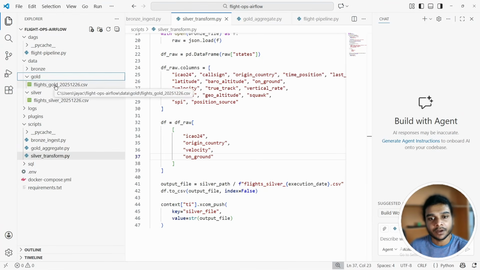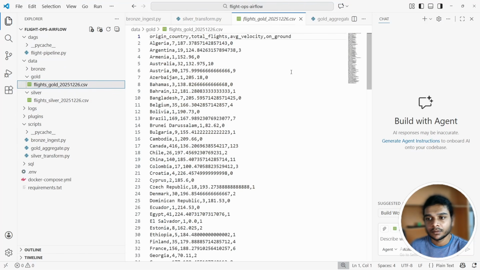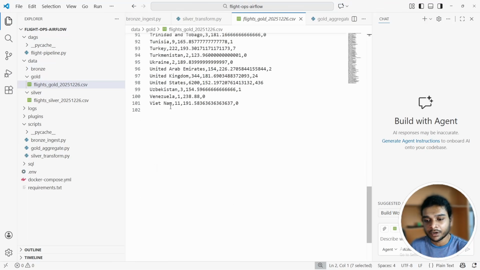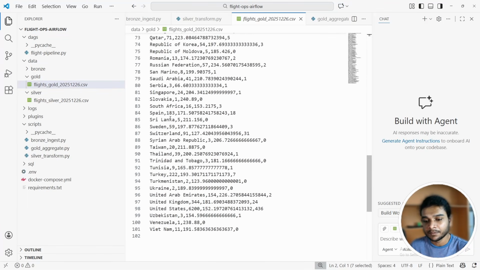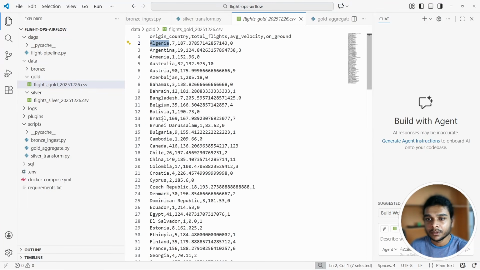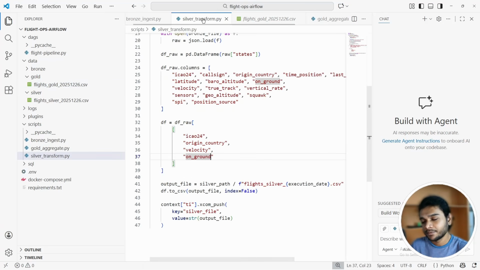The new CSV file is created with origin country, total flights, average velocity on ground. And because we grouped it to make that data business ready, there is only one record for every country. So if I select that, you won't see any other blue marks, which shows the duplicates. So there are no duplicates. I mean, we don't have multiple records for one